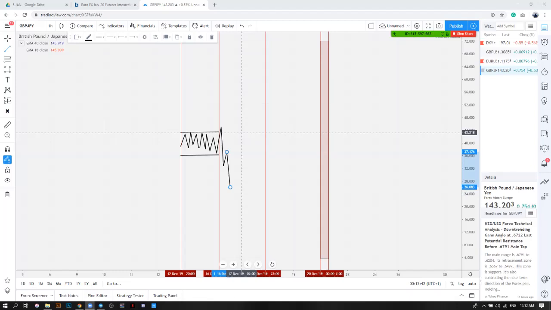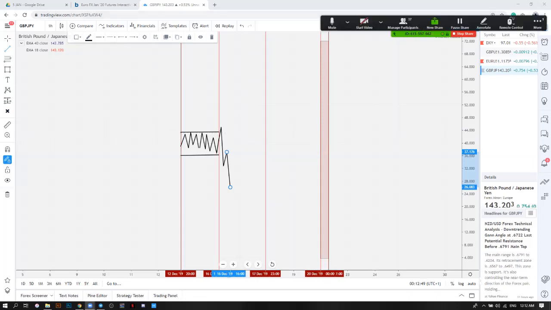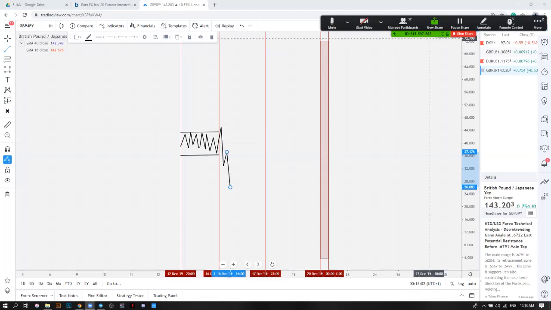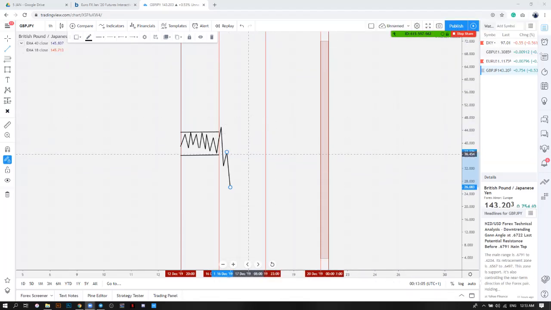So Judas swing is a term coined by ICT himself. Now, Judas betrayed Jesus. Jesus had 12 disciples, and Judas betrayed him. The same way Judas betrayed Jesus is the same way this kind of move betrays all the retail traders, because it causes them to enter the wrong position. Everyone is taking the wrong position, whilst this move is simply conning people into selling so that the market could then buy.